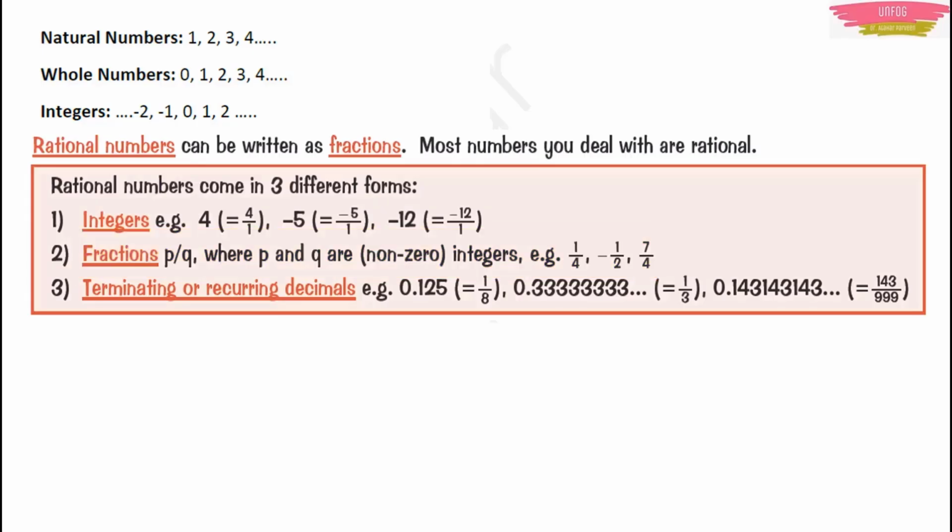And then these fractions, sometimes if you divide them, you will get recurring decimals. Usually if you divide a fraction, you will get a decimal. But sometimes you get recurring decimals. Recurring decimals means, for example here, if I divide 1 by 3, you get 0.33333. That 333 is repeating every time. So this type of decimal is known as a recurring decimal or a terminating decimal.